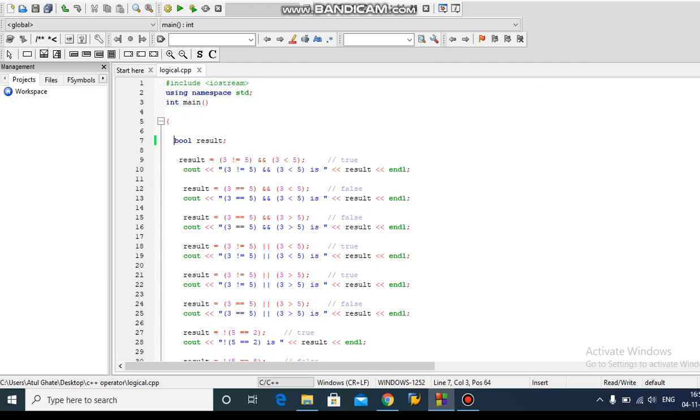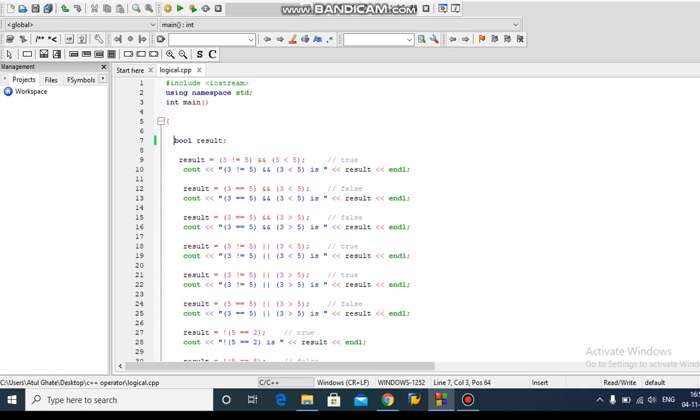In this program it does not give any error, so you can write it or not, depending on your GCC compiler or other compiler. So don't worry, it's not so important. The bool data type decides your logical operator condition, whether the condition is true or false.